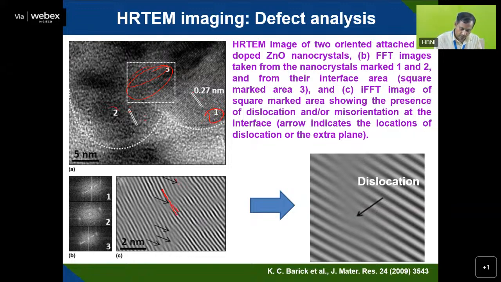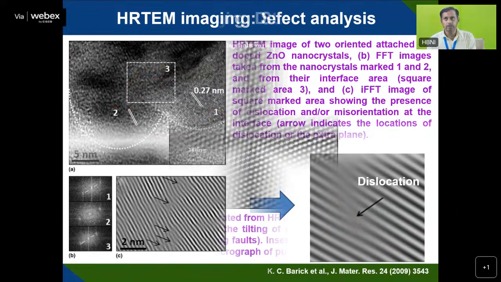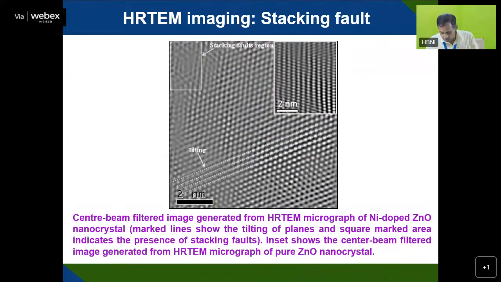So here it is 1, and then it's breaking to 2. This type of defect, dislocation, you can see. You can see clearly here this one diffraction beam. This is going straight, this is going straight, but here this one is split. So it is a dislocation. That dislocation structure you can see in a high resolution TEM microscope,